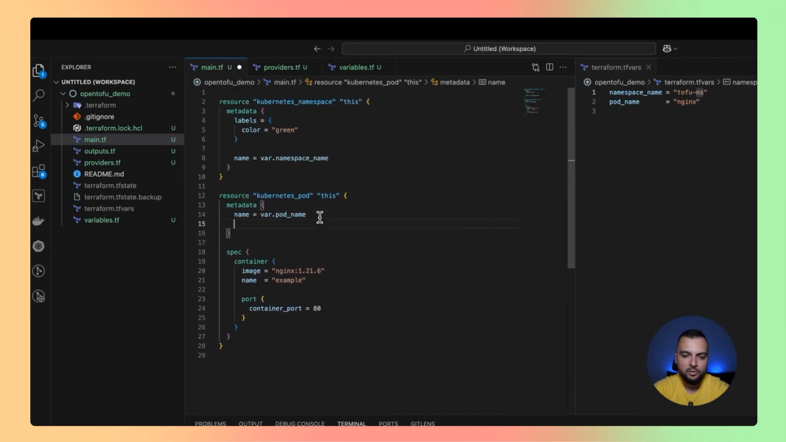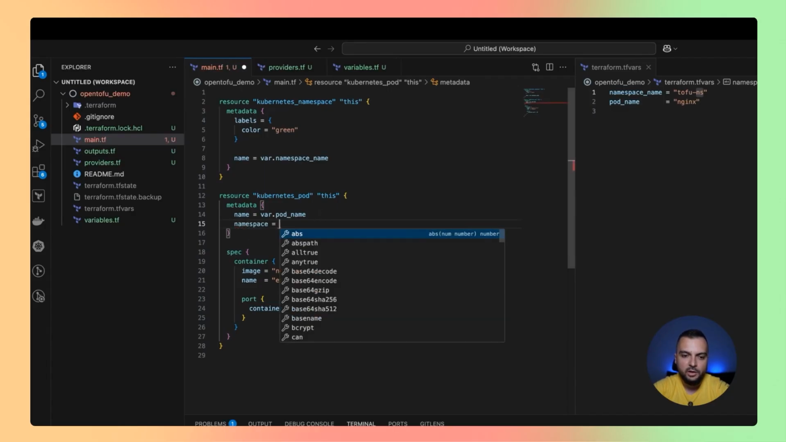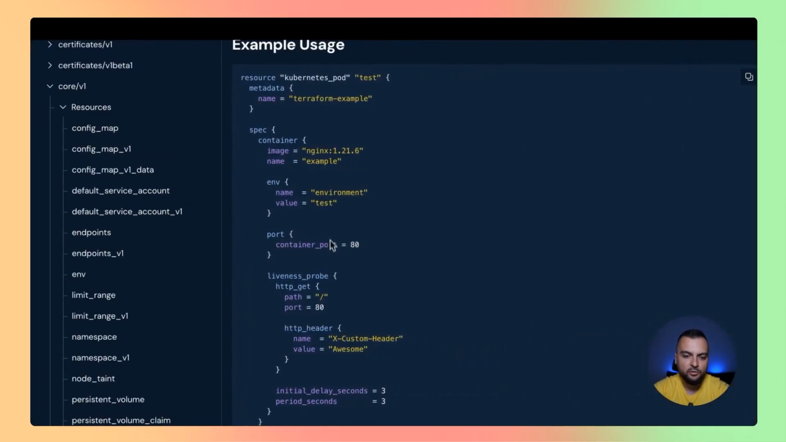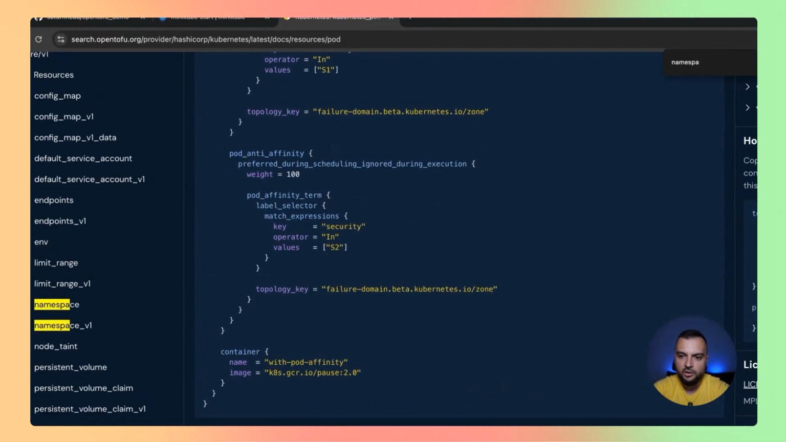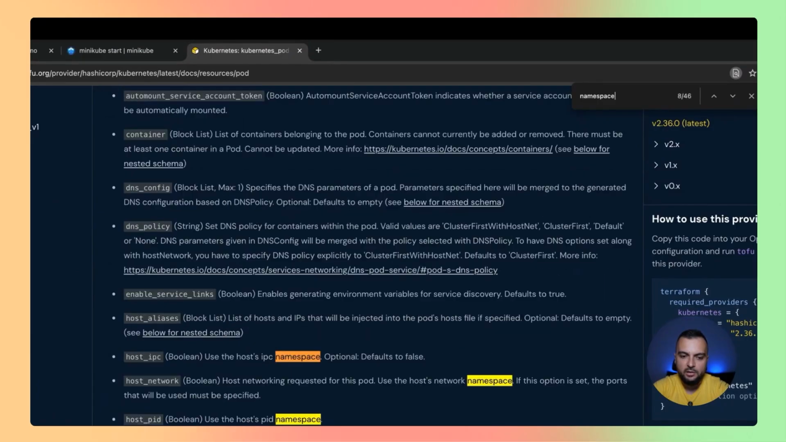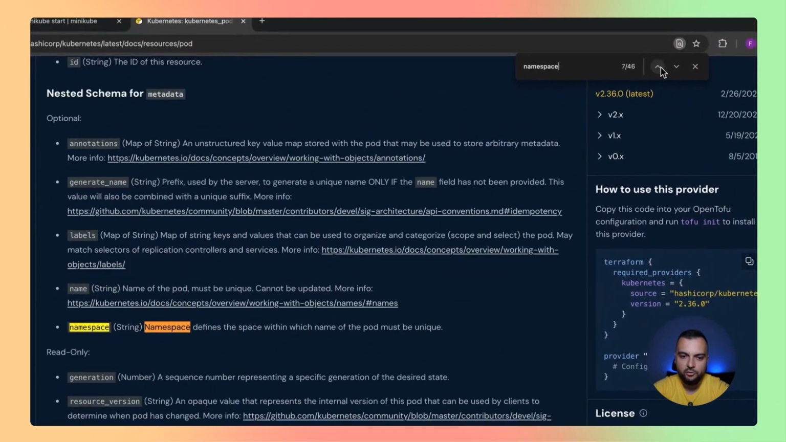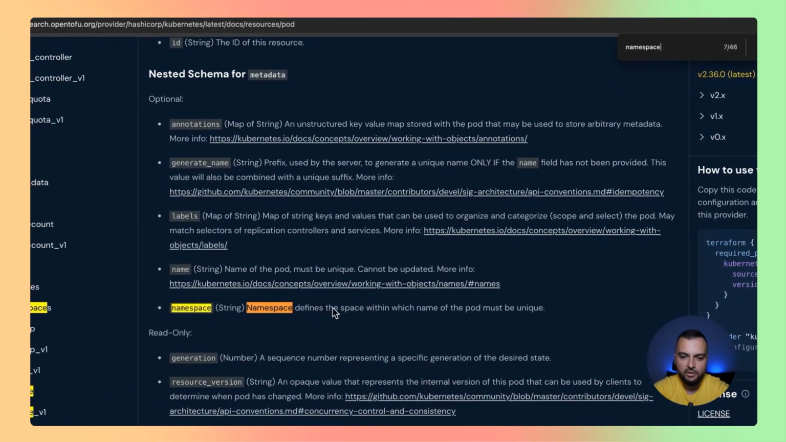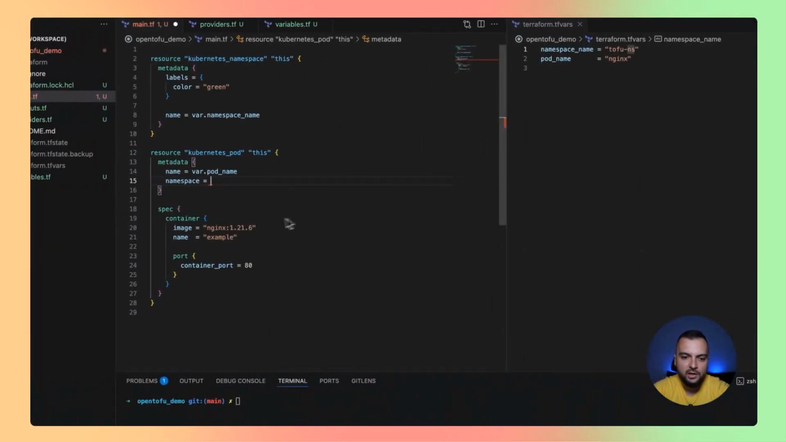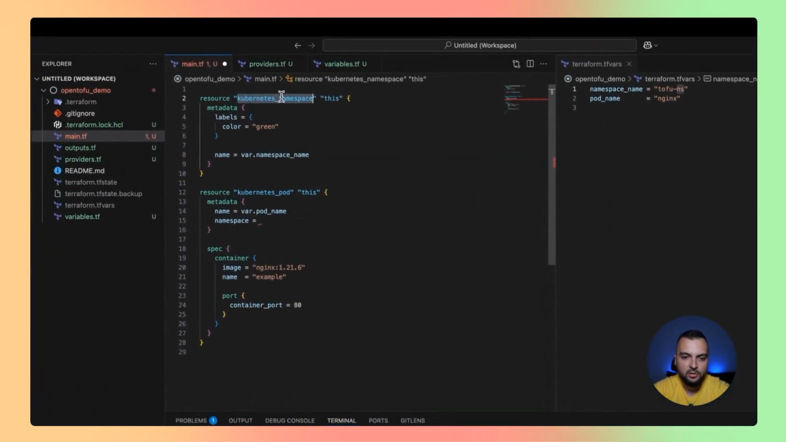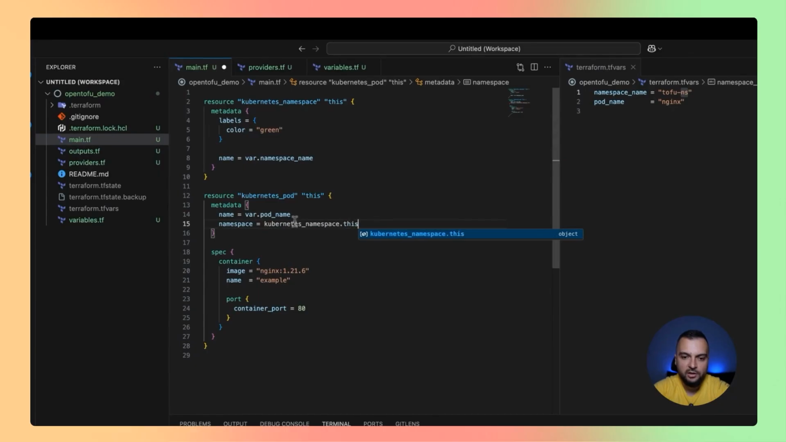But if you look here in this example, I forgot to add the namespace of this pod to be this one from above. As far as I know, we'll have to add it here. We can always double check inside the documentation. We could do something like a search, it'd be faster that way. So I just missed it. It's this one: defines the space within which the name of the pod must be unique. So in the metadata, we have this field for the namespace. Let's go back and add it and say namespace is Kubernetes